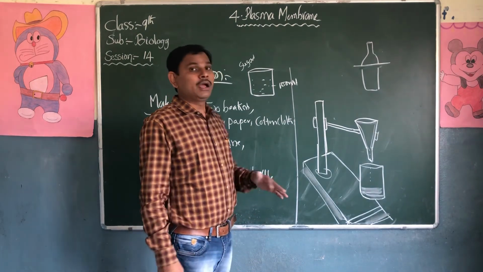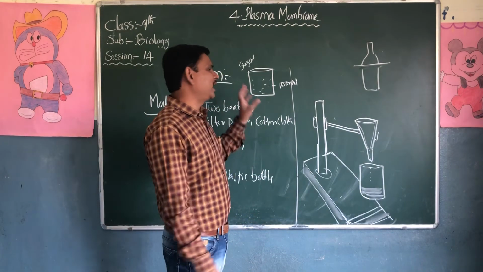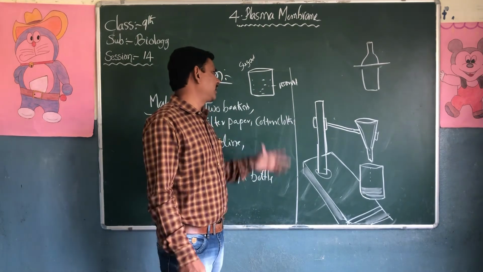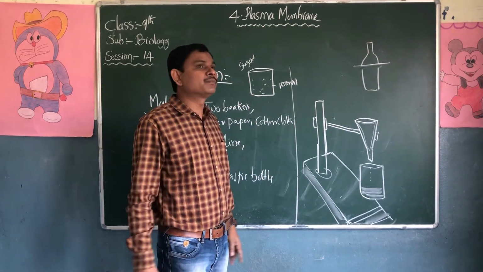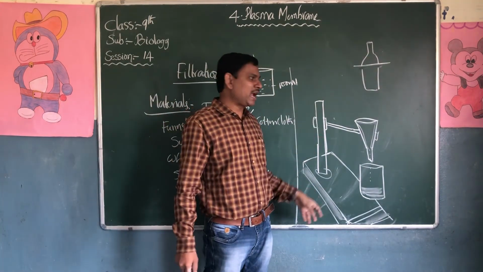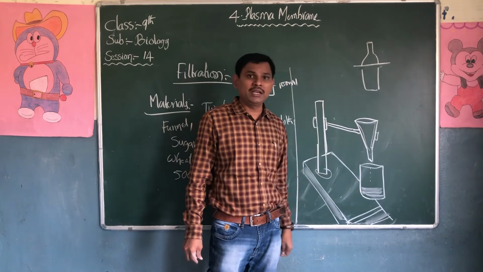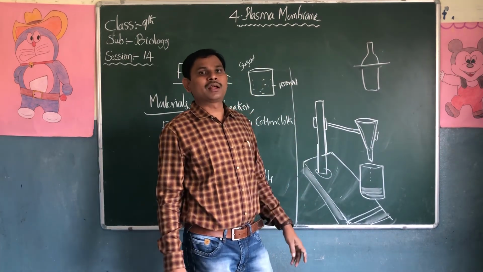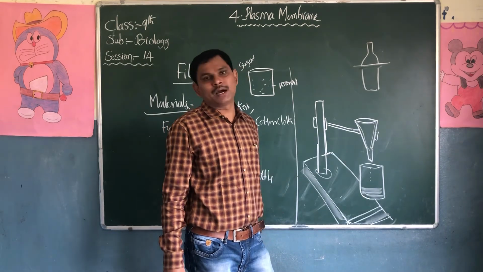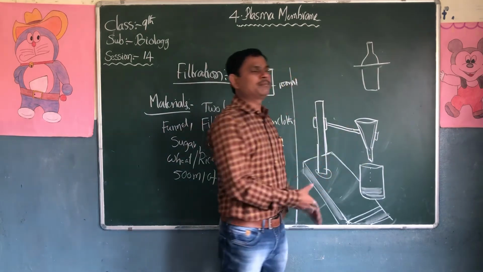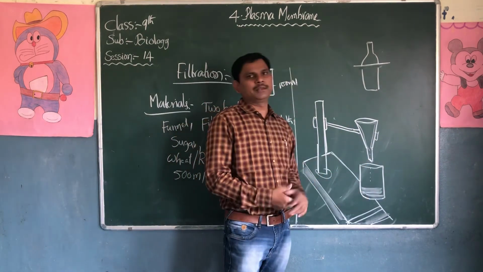And we have added iodine solution. Any color also we can add. A red color we have added to the 100 ml water. Then set up this experiment with a retort stand. We fix it with the funnel. In the funnel, don't forget to keep the cotton cloth or filter paper. Then you have to keep another beaker below the funnel.